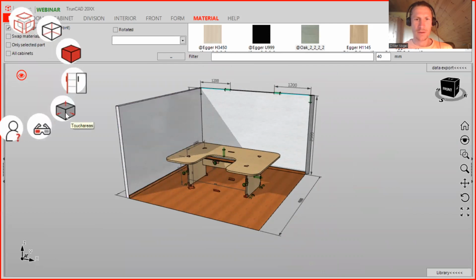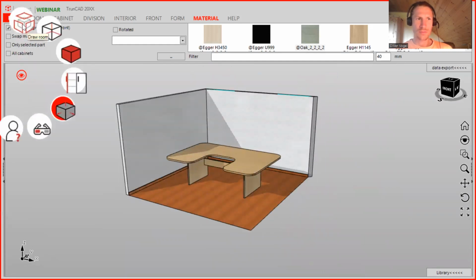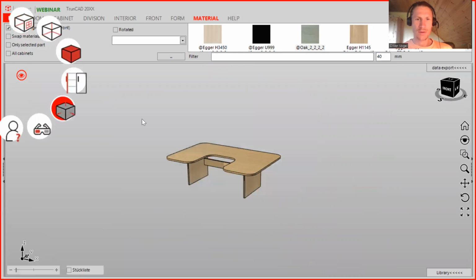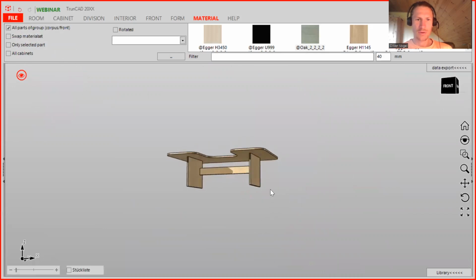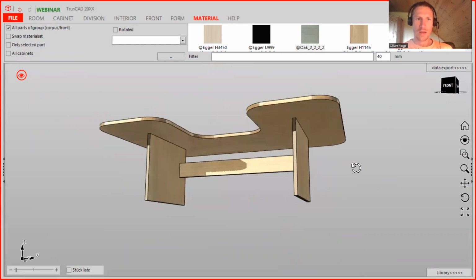You can turn off the arrows, smart clicks, and dimensions. And when you don't want to show it with a room, you click here again, and you can show this to your customer. And now